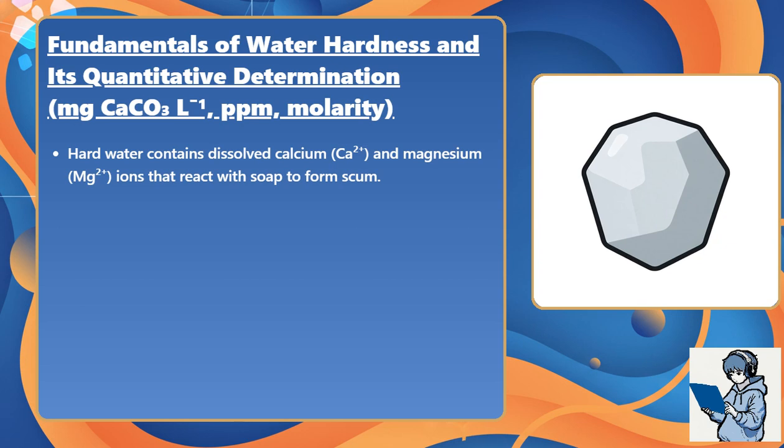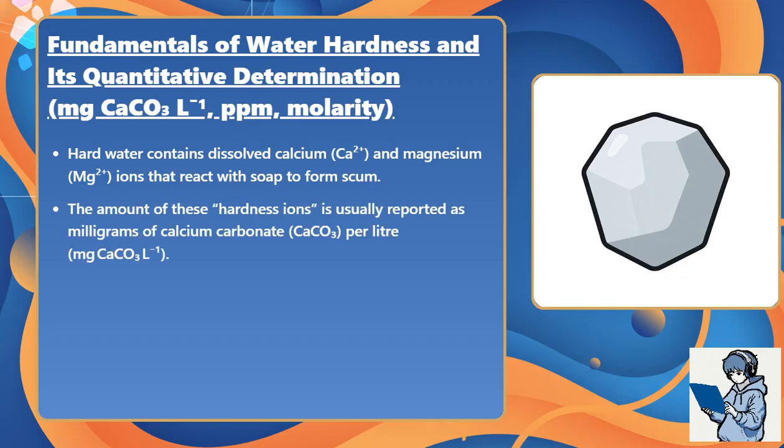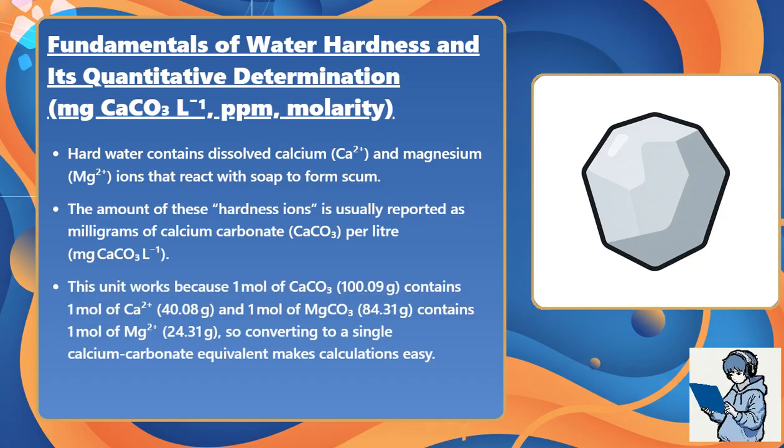Hard water contains dissolved calcium (Ca²⁺) and magnesium (Mg²⁺) ions that react with soap to form scum. The amount of these hardness ions is usually reported as milligrams of calcium carbonate (CaCO₃) per liter. This unit works because 1 mole of calcium carbonate, 100.09 grams, contains 1 mole of calcium 2+,